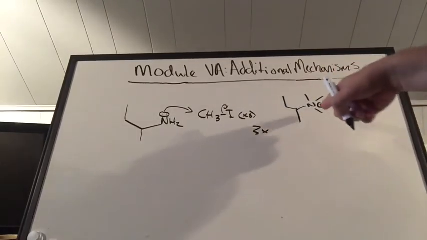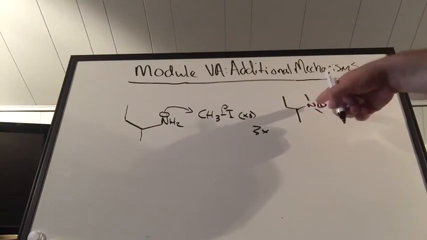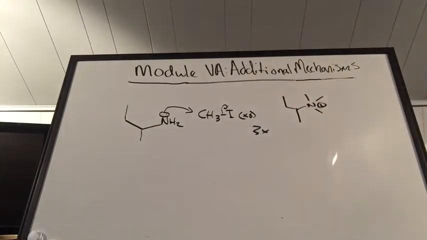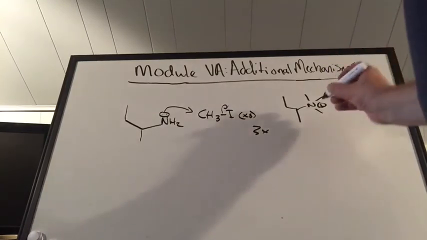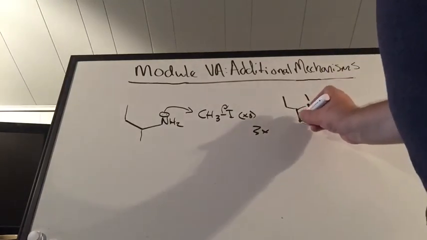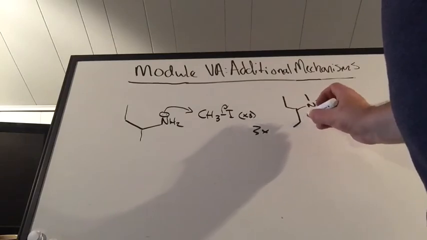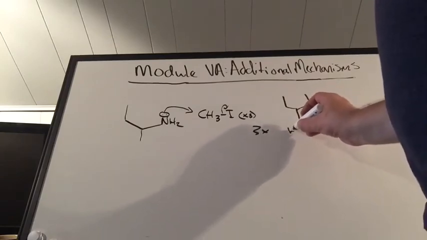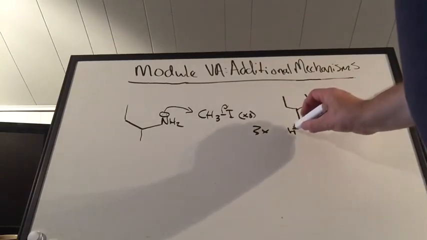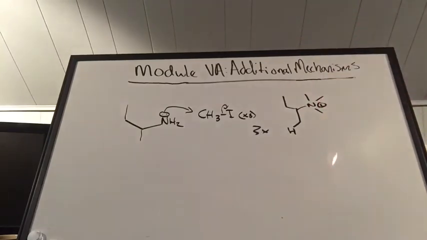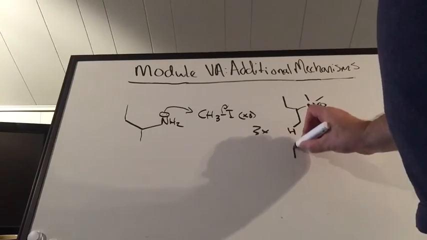Okay, so that positive charge that's there is going to be tugging electron density away from this carbon. Now, we have 2 routes in which we could remove hydrogens once we introduce everything under basic conditions. So we would use